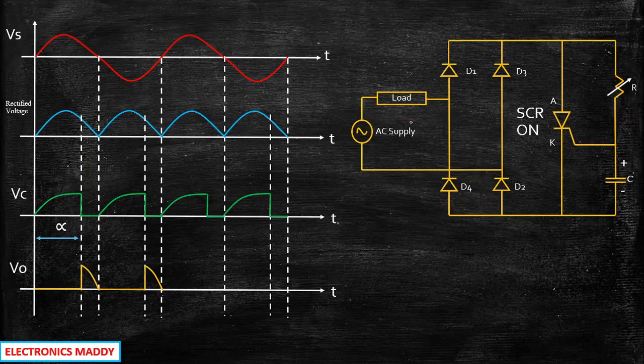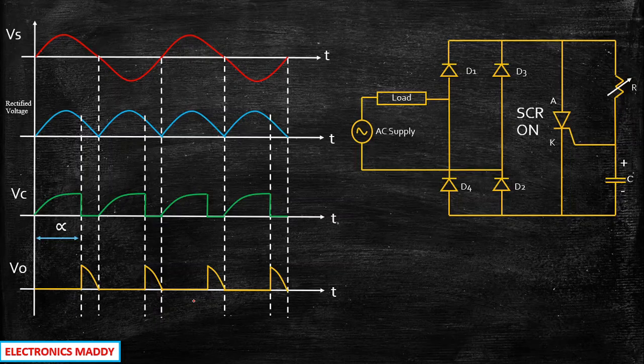So that is basically the rectifier action, but I assume that you know the basics of rectifier circuit, so I'm not going into much detail with respect to it. So again it goes to 0 and the output voltage becomes equal to the rectified voltage. From this point it will follow whatever is the nature of the rectified voltage. So again the cycle repeats and you will be able to get more amount of output voltage by suitably controlling the value of alpha. If you trigger here, then the output voltage will be starting from this point. So I hope this point is clear.